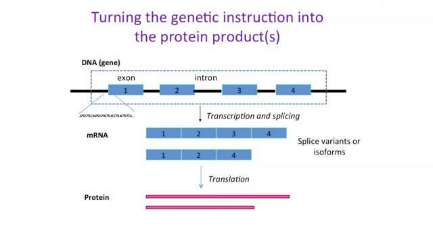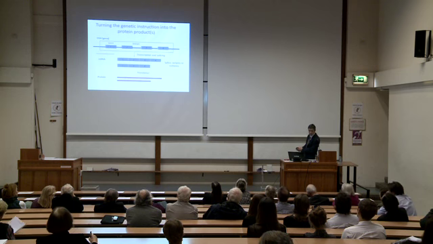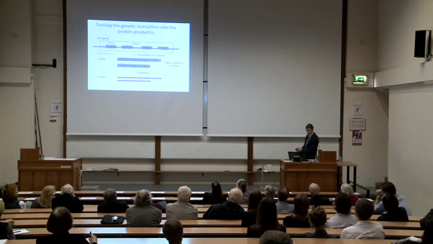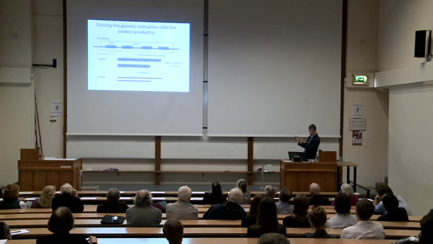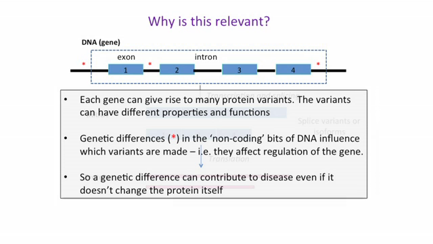And it turns out that this process, sometimes called splicing, alternative transcripts and alternative proteins, is quite important for bipolar disorder. So for one of the genes I'm going to show you in bipolar disorder, the problem seems to be the way in which the expression of the gene is regulated and which of the building blocks are used and which are not used. Okay. So just to summarize what I've just said there,